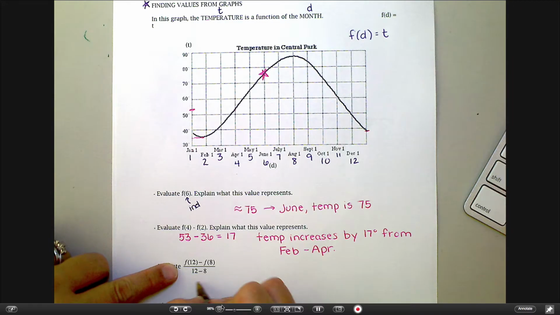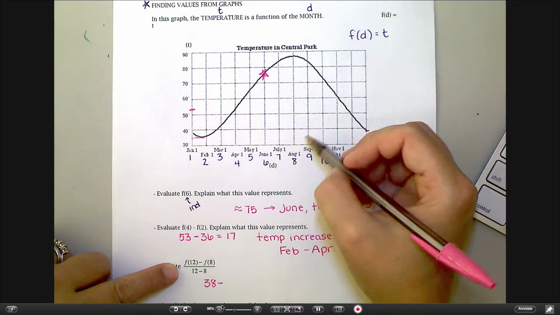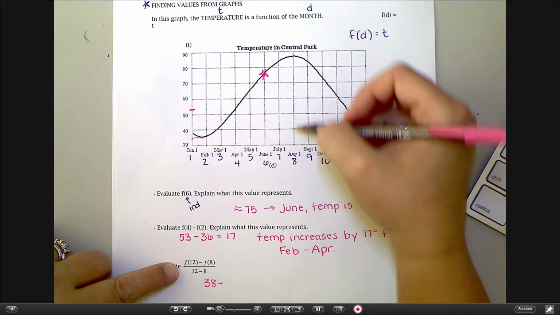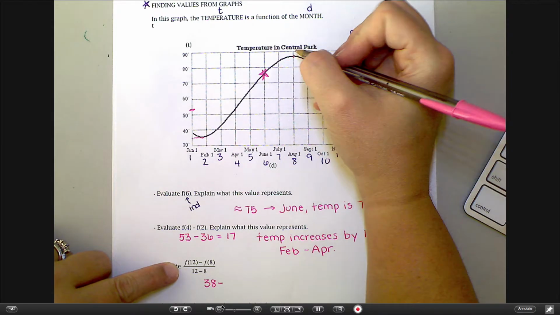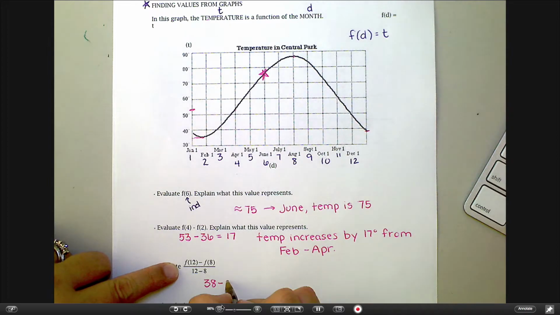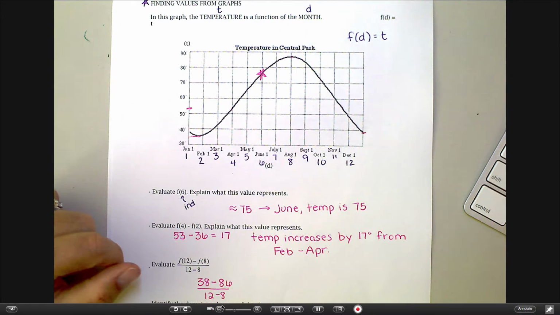So this is meaning to do 38 minus f of 8, which that's August. F of 8 would be here. Let's call that maybe 86. And then on the bottom, I'm really just doing 12 minus 8. So 38